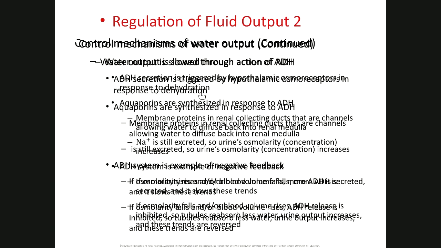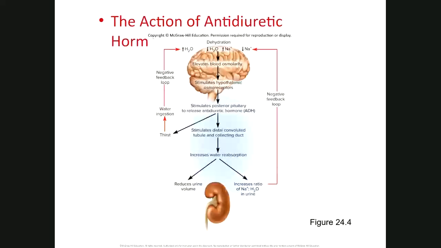Mechanisms of water output include antidiuretic hormone, which makes aquaporins. These are passageway membrane proteins that help bring back water in. Now, antidiuretic hormone is active when you have high osmolarity. When the osmolarity decreases, antidiuretic hormone ceases its function. Don't forget that there is a condition where you have low ADH, and that is your diabetes insipidus.